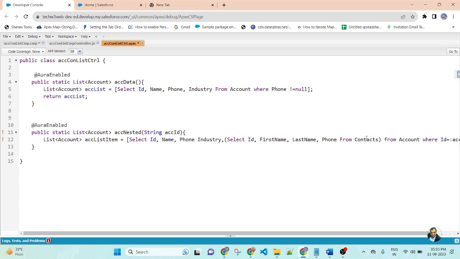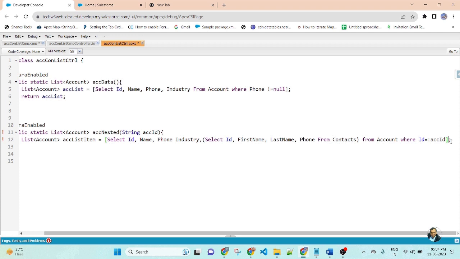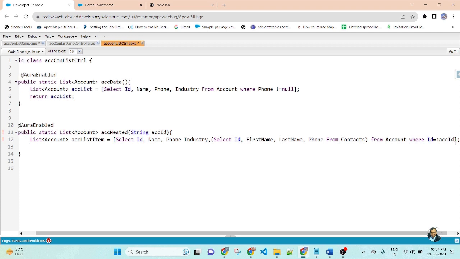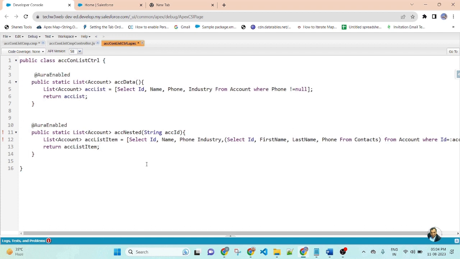Yes. This is a lookup relationship between account and contact, so this is the child relationship name, Contacts. After that, return accListItem. Now save the file.